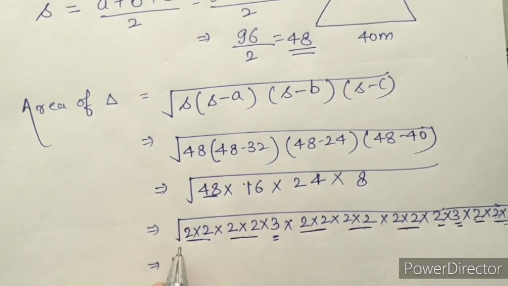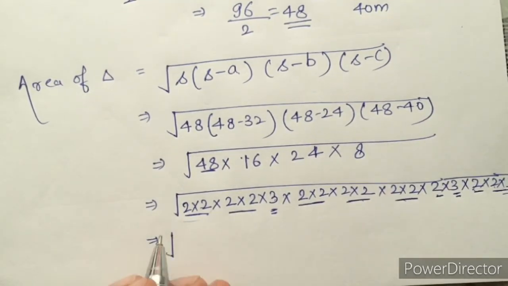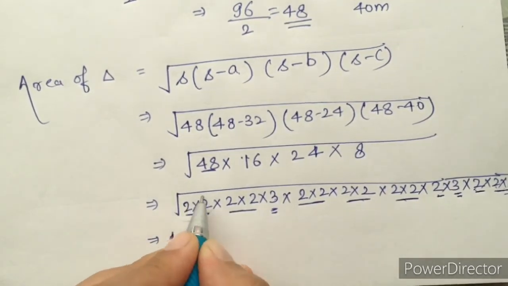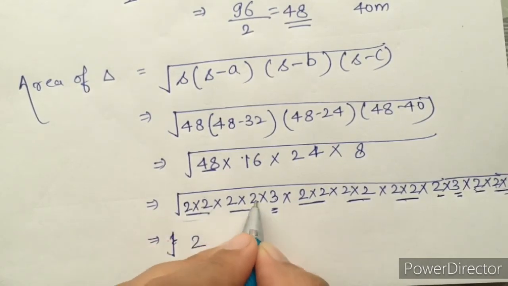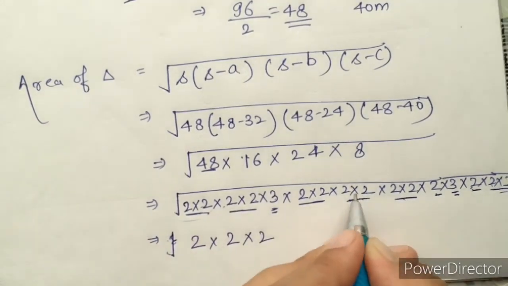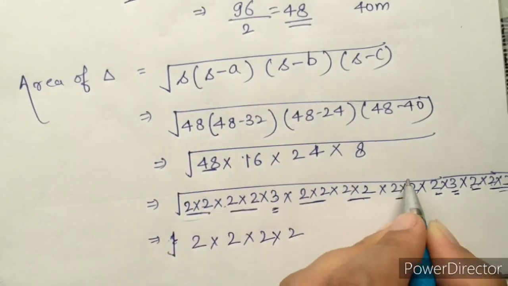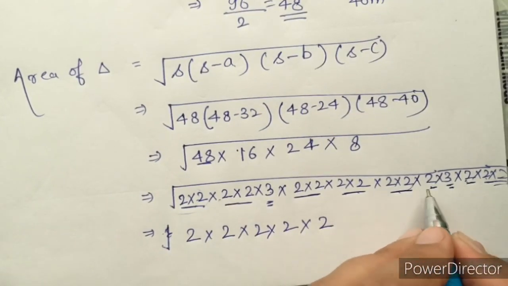और जस्ट रिमेंबर वन थिंग, जब भी आपको रूट से बाहर किसी टर्म को निकालना है, मेक श्योर जिसके पेयर होंगे वही सिर्फ बाहर निकल सकता है. देखो कैसे, इन पेयर में से एक 2 बाहर निकल गया, इन 2 में से एक 2 बाहर निकल गया, इन 2 में से एक 2 बाहर निकल गया, इन 2 में से एक 2 बाहर निकल गया, और इन 2 में से एक 2 बाहर निकल गया. ये बाहर निकलने का एक ही आपके पास सॉल्यूशन है कि जिसका पेयर होगा वही बाहर निकल पाएगा.